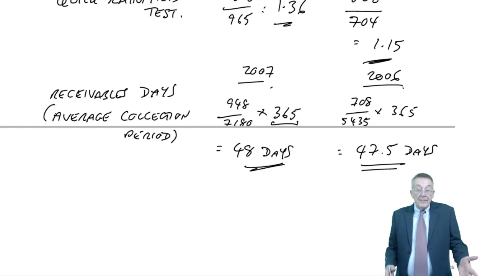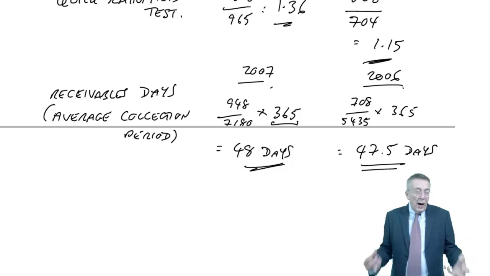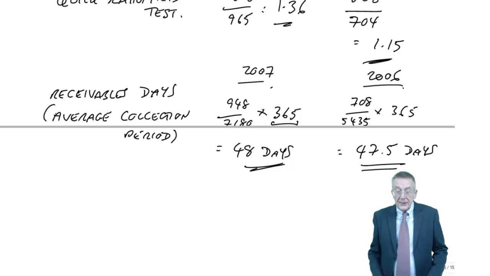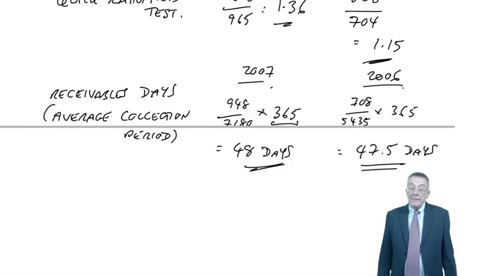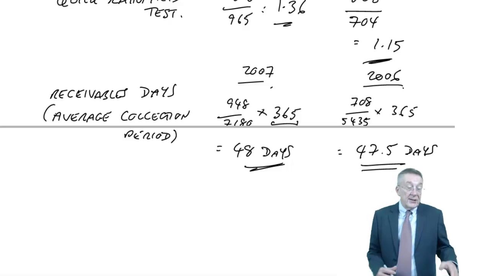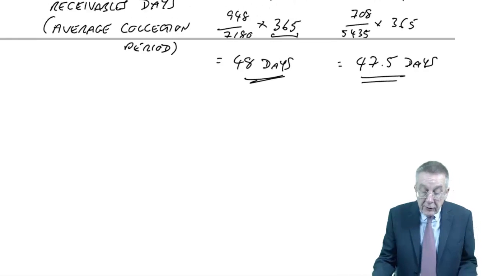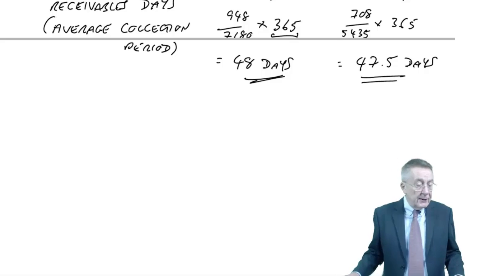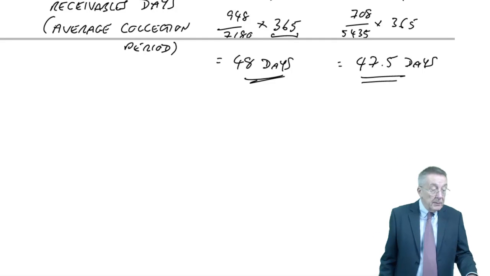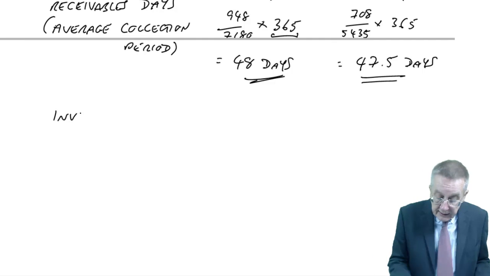If it had gone up in 2007, I'd be worried, you know, why are we taking longer? What are the reasons? If it had gone down, it would look good. Here, can't really say much unless we have similar companies to compare with. That's receivables days, but we can do the same sort of thing for the same sort of reason with both inventory and payables. So if you go back to the previous page, inventory days,